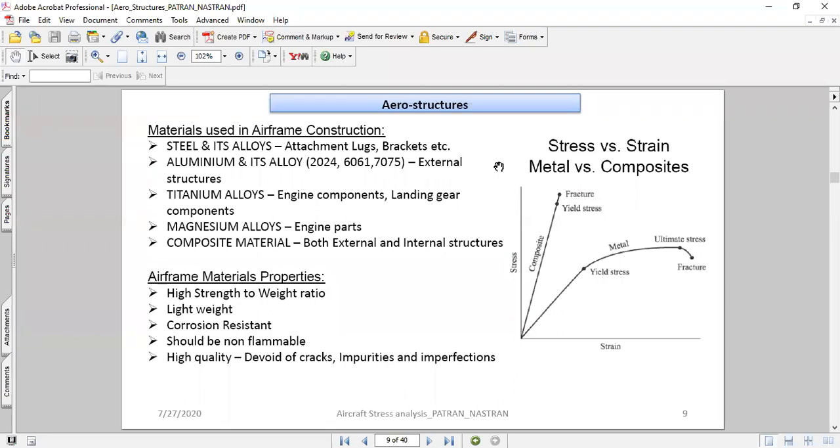In order to take advantage of it, the material should be of very high quality, avoiding cracks, impurities, any imperfections, because that could lead to a disaster. Because aircraft are subject to various fatigue cycles, it can initiate a crack.